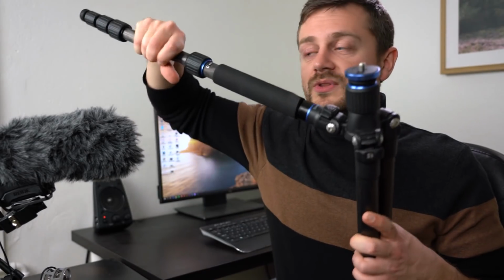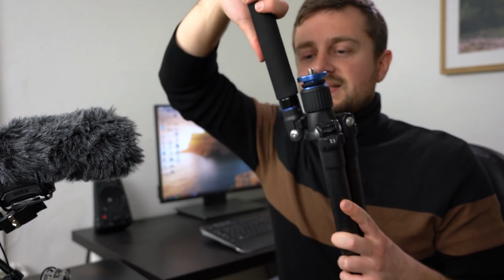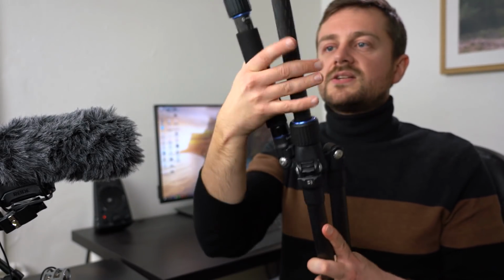The locking system, very easy to use. You just pull this one out here. There's no strings, feathers, I don't know, those small things that pull the knobs back in. So yeah, you just release it, and then you can pull the leg all the way up like this, and let it go,